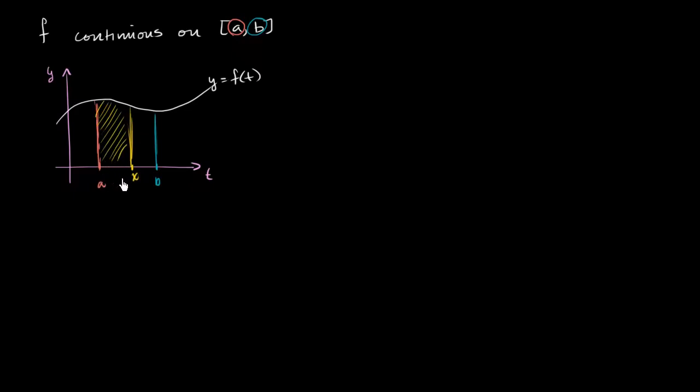Well, how do we denote the area under the curve between two endpoints? Well, we just use our definite integral. That's our Riemann integral. Right now, before we come up with the conclusion of this video, it really just represents the area under the curve between two endpoints. So this right over here, we can say is the definite integral from a to x of f of t